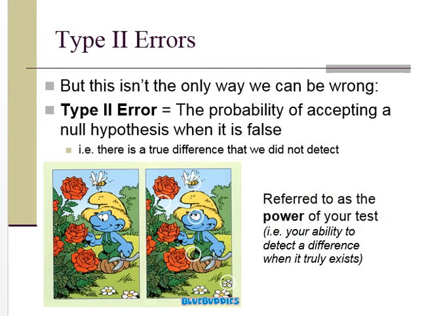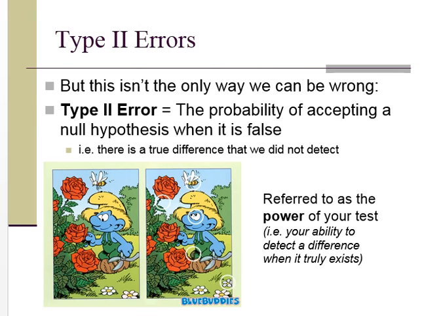So the lower you bring that p-value, it's true you're less likely to make a type 1 error, but you're more likely to make a type 2 error and miss something that's really going on. This is referred to as the power of your test, your ability to find and report a significant result when it truly is a significant result.